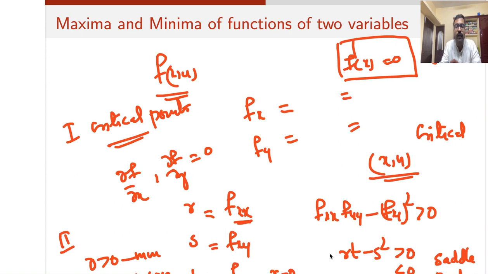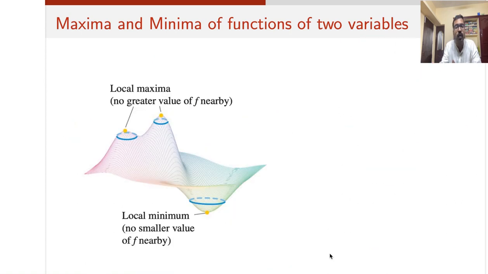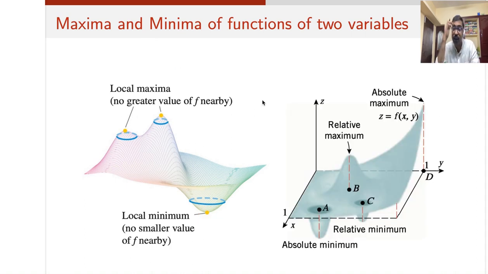I'll write down the condition once again for you. Before that, in the two variable case, you know that your f of xy is basically a surface. When it's a surface, you can see that it will have points like this. These are the relative maximum points, and here there is a minimum point coming out. So these are basically surfaces, unlike the curves in the one dimensional case. This is another example, and you can see that this has a relative maximum here. So this is the idea of this.